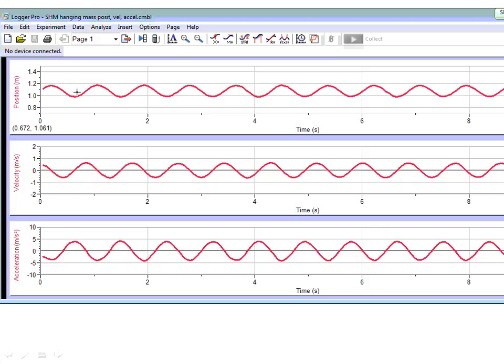Now what about the acceleration? What do we notice about the acceleration just before the 2? That's at an extreme as well. However, it's at a negative extreme. And if you recall from our diagrams, and if you don't, look back at them, when I'm at my positive amplitude, my max amplitude,